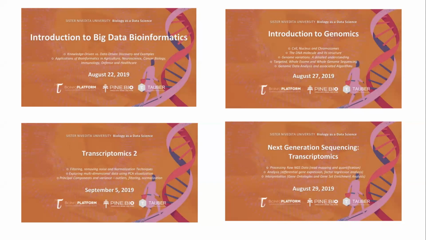Thereafter, we moved on to transcriptomics, and we understood why it is necessary to process raw NGS data, how it is quantified, and what we actually understand by quantification. We did some differential gene expression and factor regression analysis. We also told you about the resources that you might use for interpretation using gene ontologies and gene set enrichment analysis, although we did not go into much detail, because these require a little bit of expertise on your part, for which we always recommend you to go back to the educational portal, edu.t-bio.info, and do the necessary modules pertaining to genomics, transcriptomics 1 and